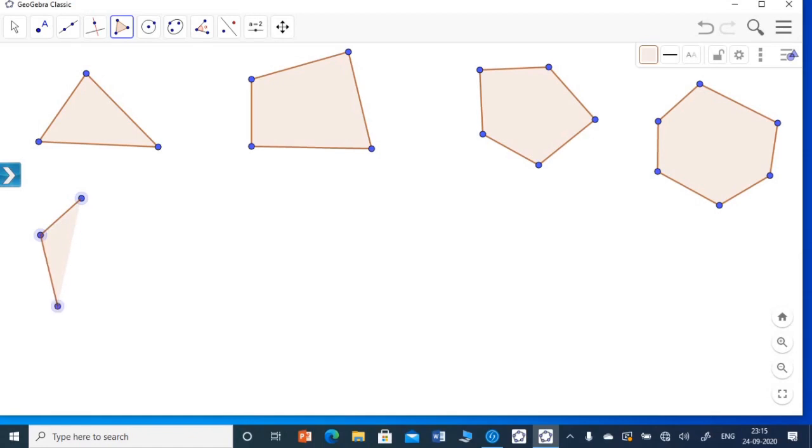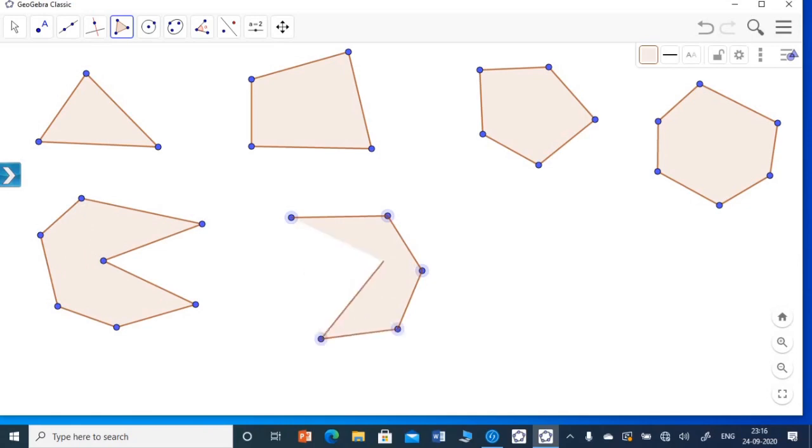Now a polygon having 7 sides is called heptagon. Now a polygon having 8 sides, 1, 2, 3, 4, 5, 6,